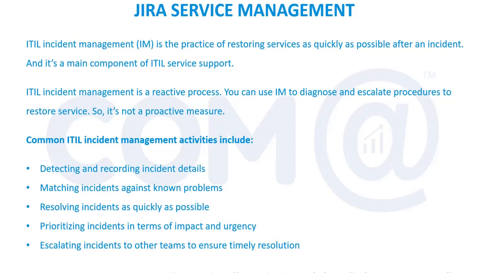Suppose desktop, printer unable to print. This is a P2 if it is for one user. If it is for more users on the floor, continuously users are sending requests, then that P2 can be promoted to a P1. So we should know how to categorize the tickets and make it in the service catalog itself so that the system can decide and create the ticket automatically.